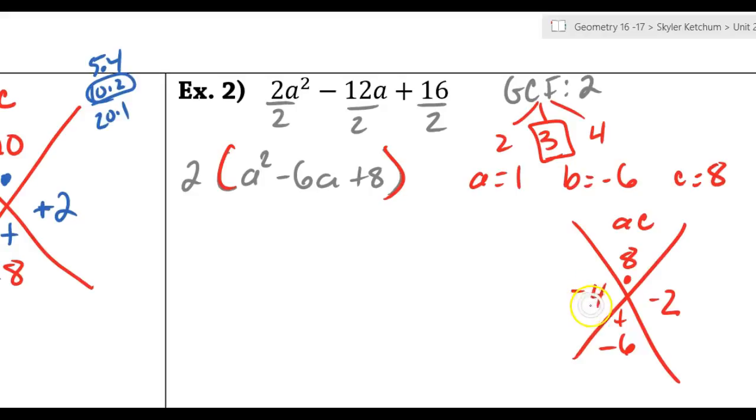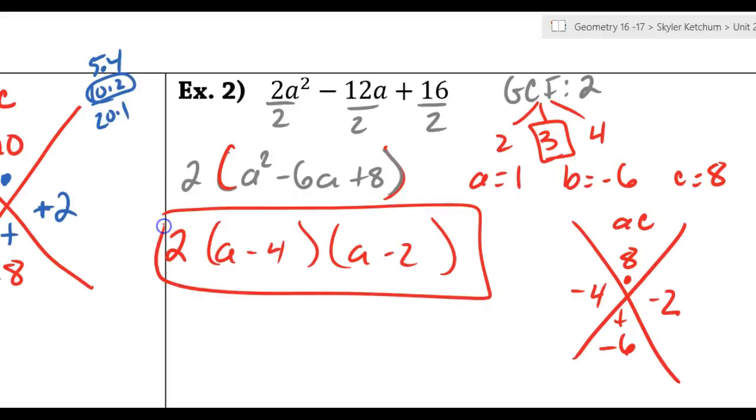So what am I going to do now? I know this actually factors. Well, the 2 out here still stays 2. That's not changing. What I have to look at inside this parenthesis is the a value, which is 1. So we know that if the a value is 1, I can just immediately go to my 2 parentheses, a, and I can then put my terms minus 4 and minus 2, and this is our fully factored